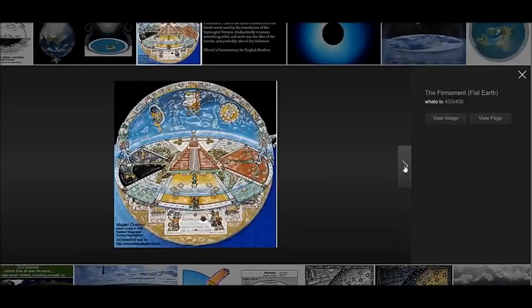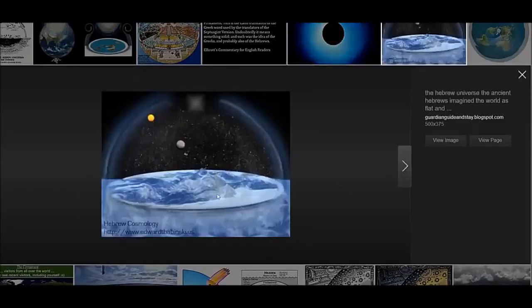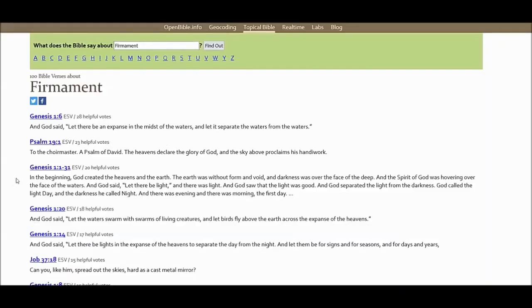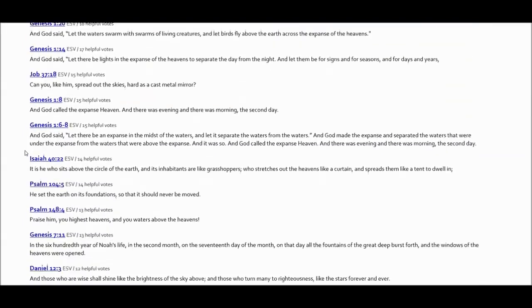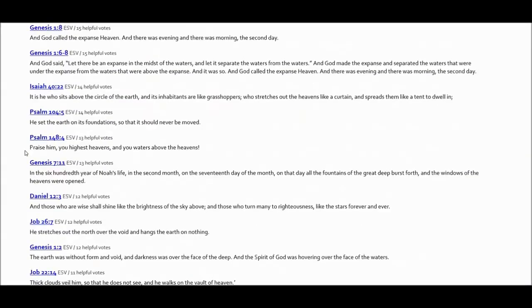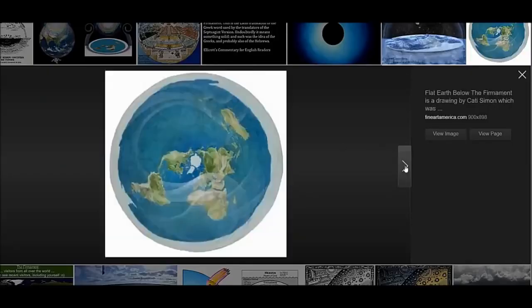What I am showing you is an image of the firmament, the flat earth, the dome, the thing that was stretched out in heaven, the thing that's mentioned in the Bible numerous times. Let there be an expanse in the midst of the waters, and let it separate the waters from the waters. And it goes on and on. And it's right there directly in front of everybody,